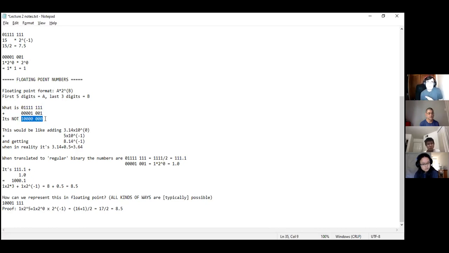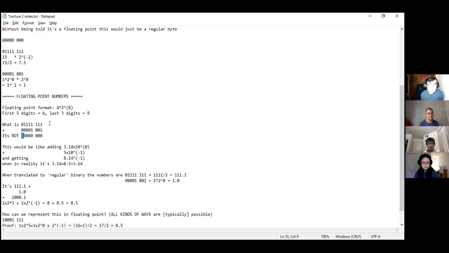This is what you would get if you just did regular, straight addition, right? If you let this be its own area, and the moment that you exceed 111, it just becomes 000. And if you add 1 to this number, it's going to put a 1 at the farmost left point.